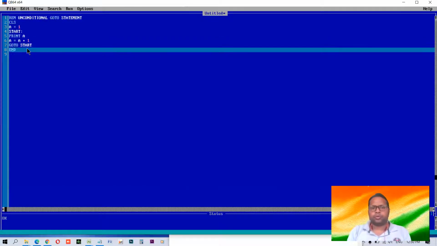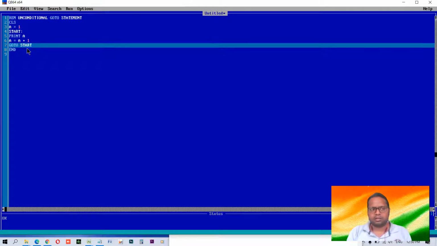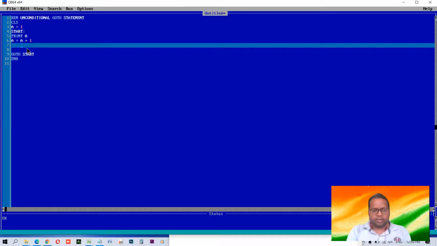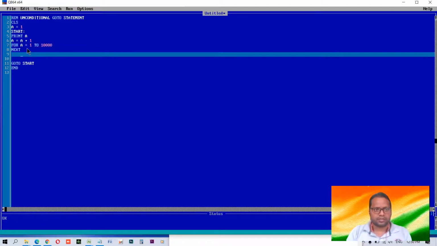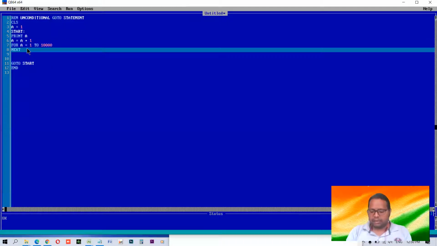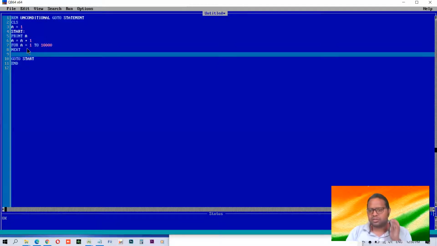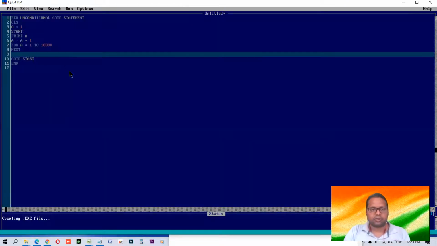Although we have to learn this a little later, let me introduce this here. A for loop can be introduced as for a is equal to 1 to 1000. I'm not going to tell you more about the for loop, I'm just inserting a for loop. Why have I used it? In this case, I have used this to slow down the process. How? Let us see. I have just written 1 to 10,000. Let us see if there is any difference in the speed.